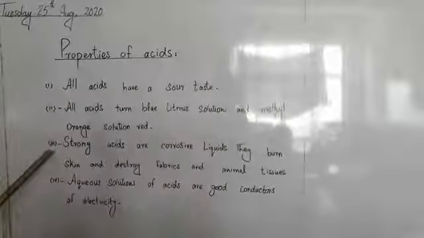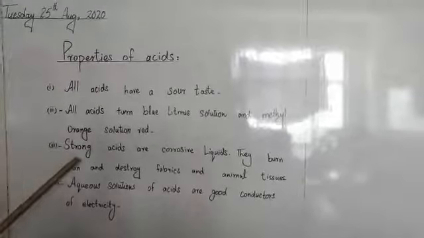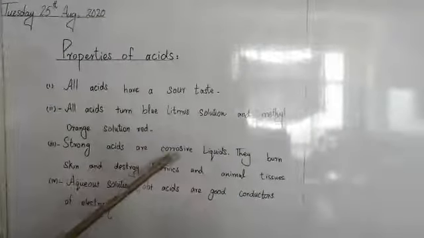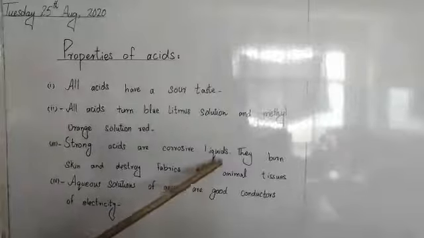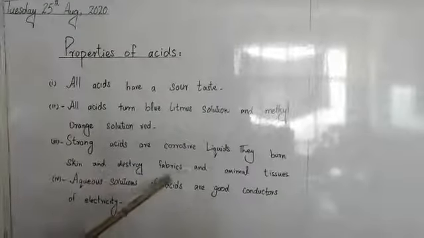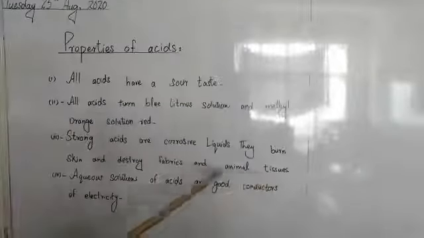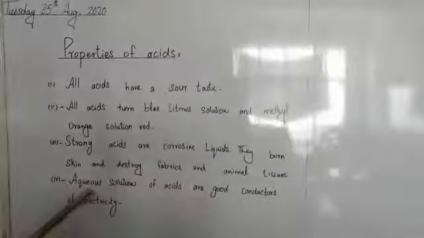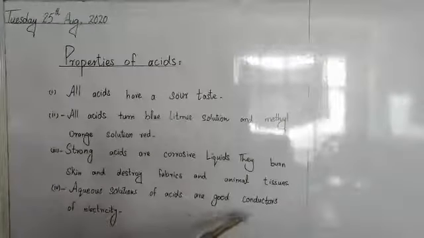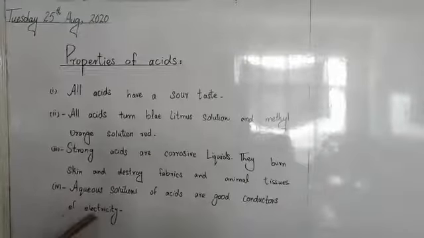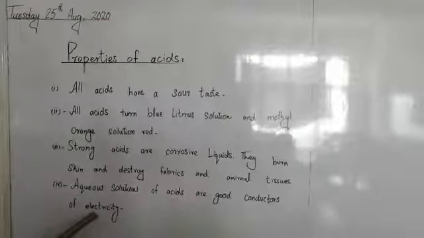Now we have the third property of acid, that is strong acids are corrosive in nature, that they burn skin and destroy the fabrics and animal tissues. Fourth property is that aqueous solutions of acids are good conductors of electricity, that they conduct electricity when they are